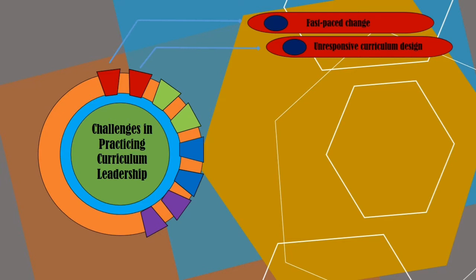There are instances where the curriculum that are being laid down to us is not responsive to what is within the locality that the school is implementing. Then third is lack of resources for proper implementation of curriculum content. This is also one of the problems or the challenges faced by the leaders, where they do not have enough resources in order to properly implement the content of the curriculum.